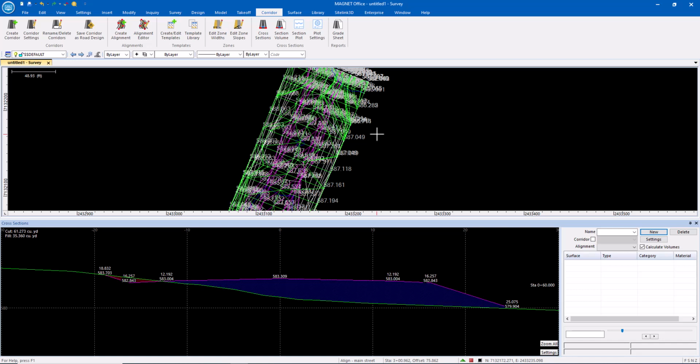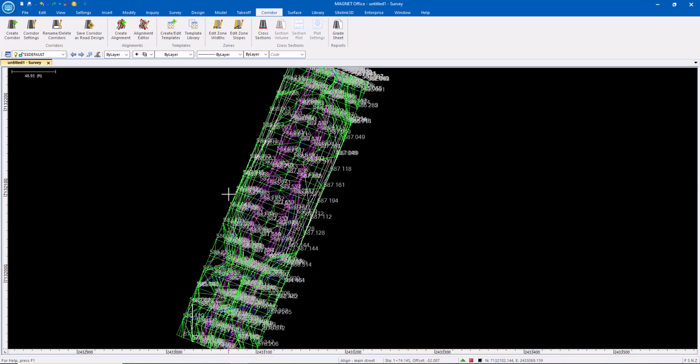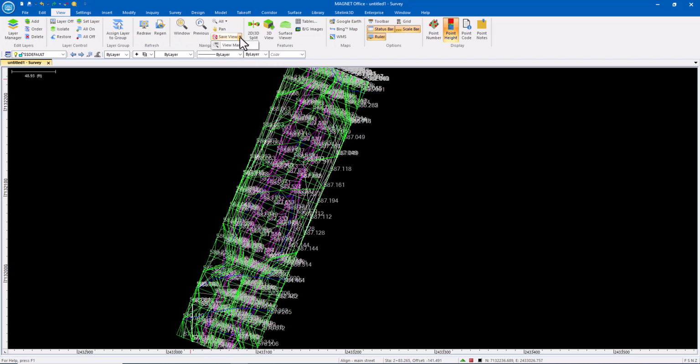So we started with just a DWG file with sections. We basically digitized that or extracted all of that CAD data into sections, and now we have data that's usable. So I can use the corridor cross sections with this. I could go into the design menu and use the cross section functions in design. But now I have data to check volumes, to check surfaces, to send out to the field, send out to machines, whatever I want to do at this point, all from